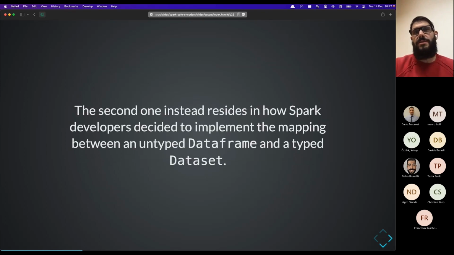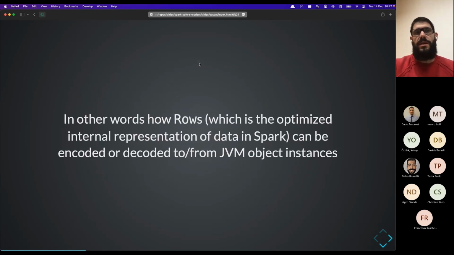But the second one resides in how Spark developers decided to implement the mapping between a non-typed data frame and a typed dataset. In other words, the mapping is how rows, which are the optimized internal representation of data in Spark, can be encoded or decoded to and from JVM objects,